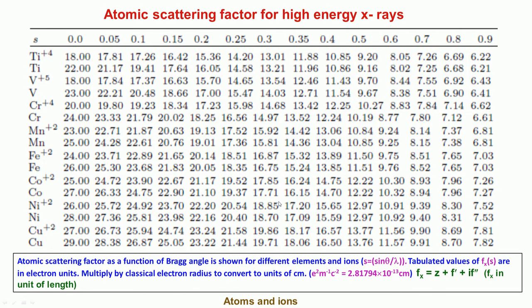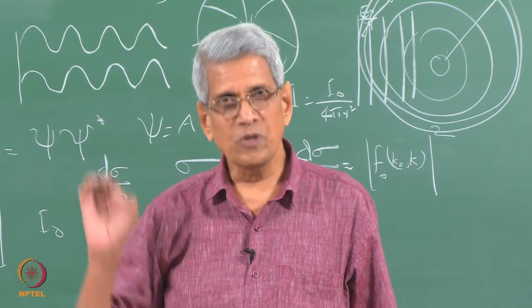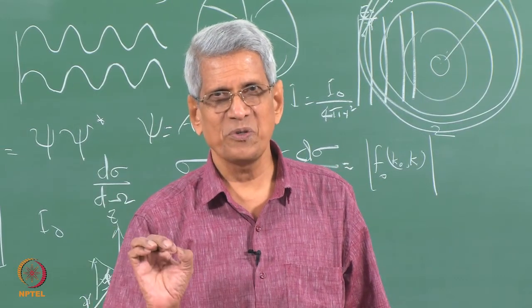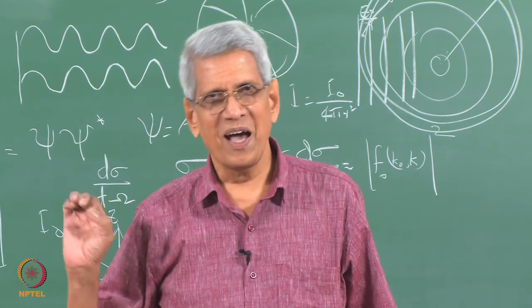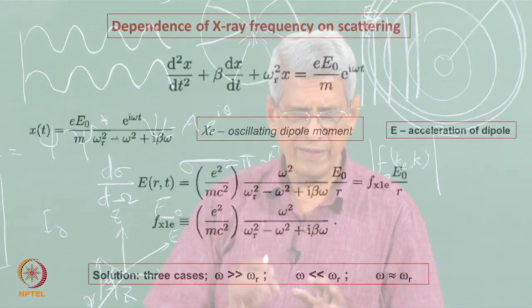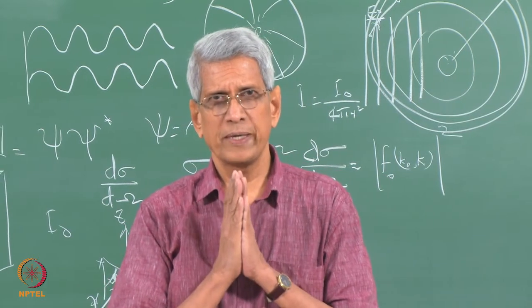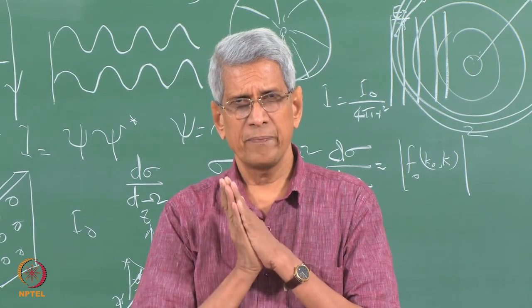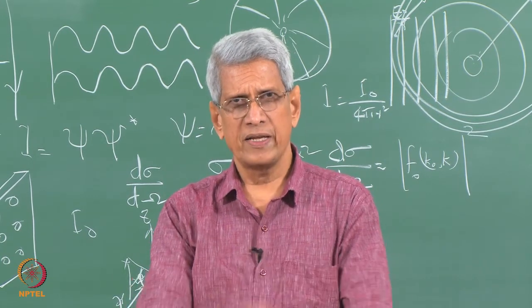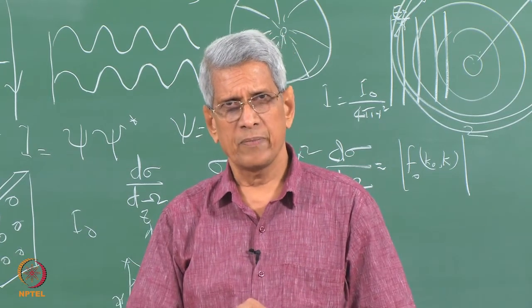But between atoms and ions also there is going to be a difference in that. So, depending upon that, we have to choose that specific value of atomic scattering factor. Now, what is essentially important is that so far we considered very high energy X-rays falling on the atom. How do we say that energy is high? Suppose we look at that atom, that K alpha